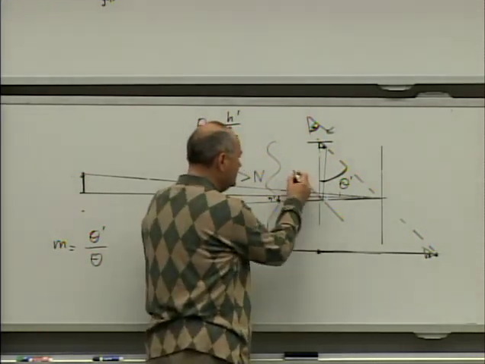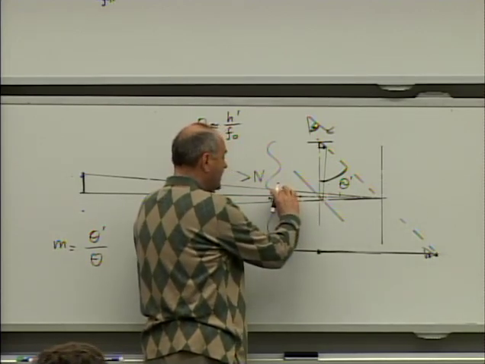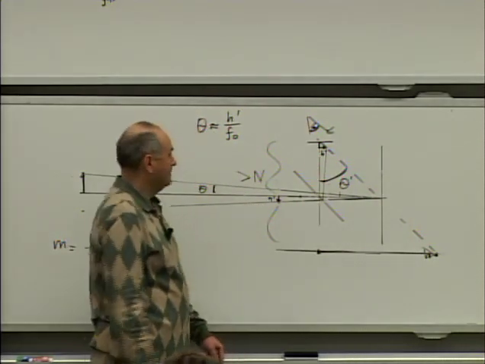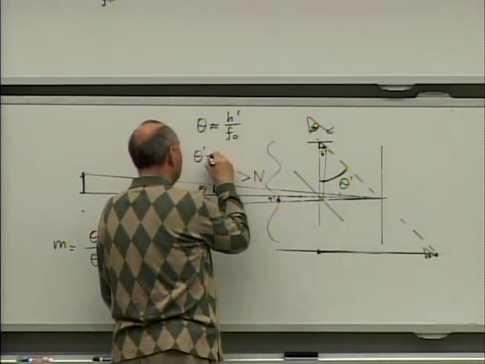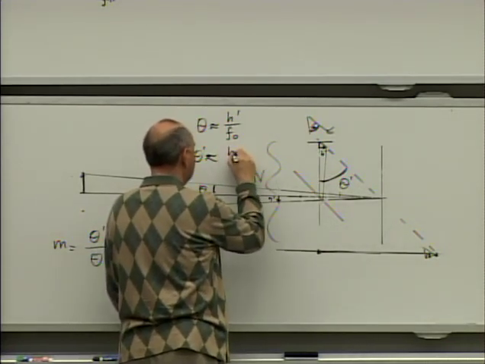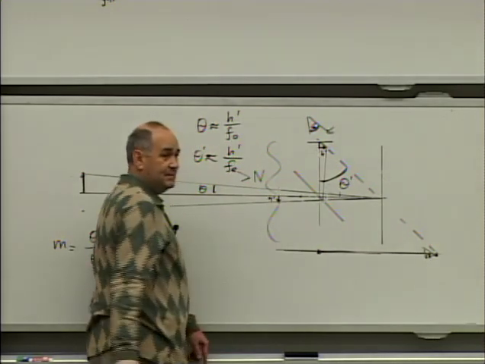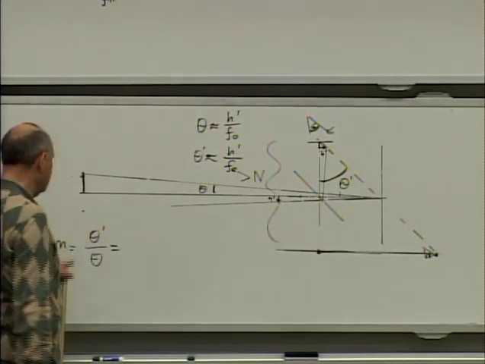And since this is a flat mirror, if this size is h prime, this size is also h prime. So angle theta prime is approximately equal to h prime divided by focal length of the eyepiece, which means that if I plug it in here,